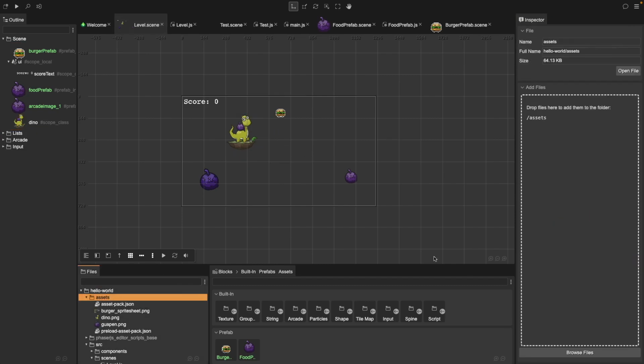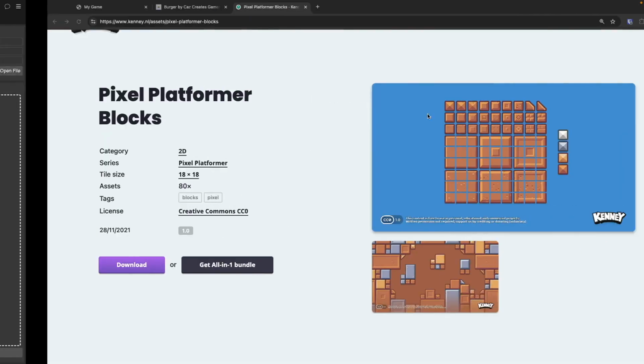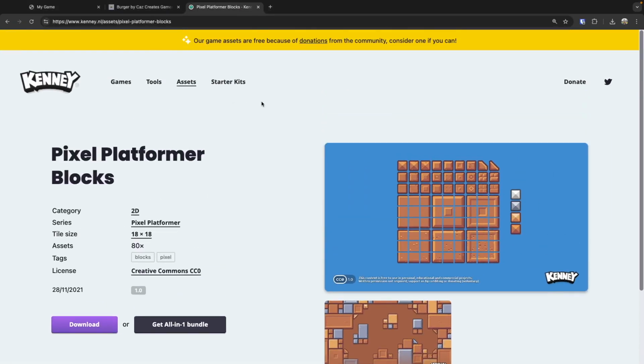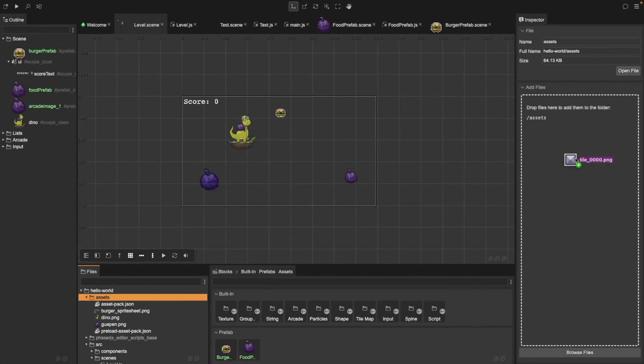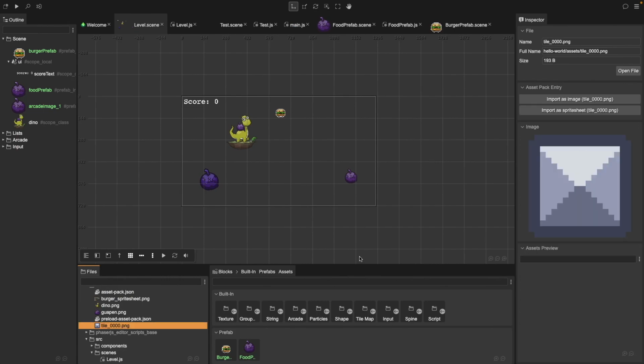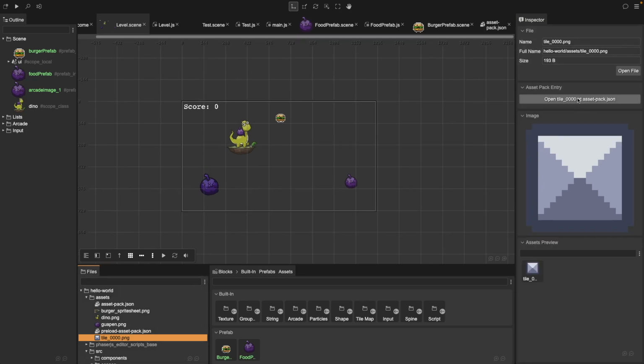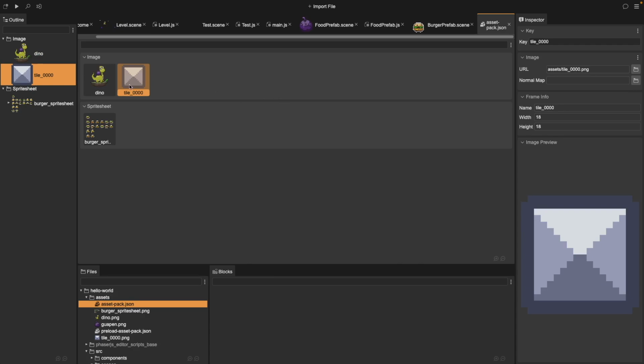So let's come to our assets folder. For our second asset, we're going to use a block that's available as part of the pixel platformer blocks from Kenney. So I'm going to drag that block over into our file here. I'm doing a single image for a single block. So now when our inspector updates, I want to import this as an image since it's a single image. For this asset, we'll want to choose our asset pack JSON file as well. Now if we view our asset pack JSON file, we should see our new image loaded here